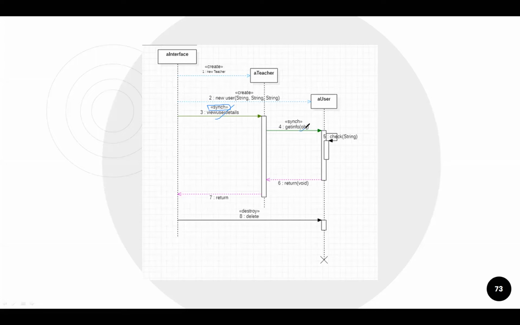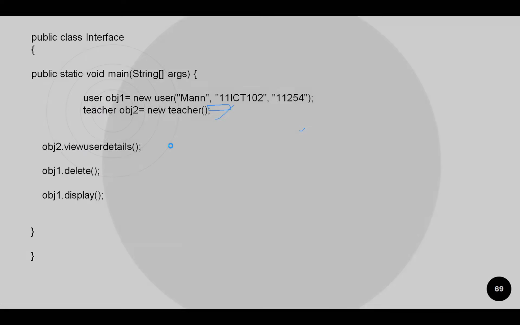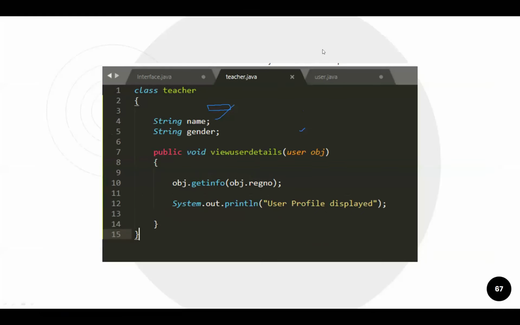Again, get info. After get info, which line do we have to execute? After this, I am going to execute this particular line. So how do I know that I have to execute this line? Up to this point, I have to be successful.